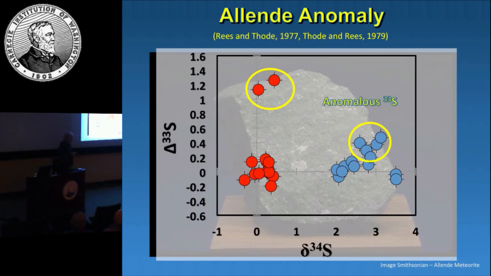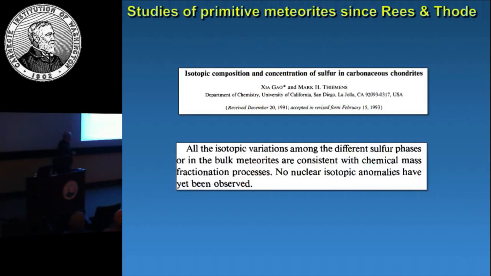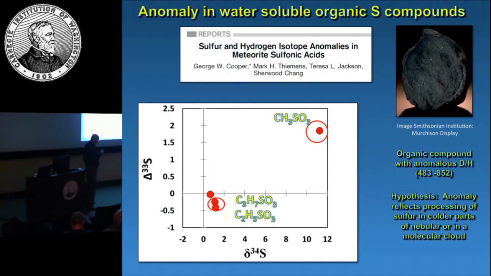After that, Gao and Thiemens came in, and they started measuring a variety of carbonaceous chondrites, ordinary chondrites, and basically they find that in bulk, everything appears consistent with mass fractionation processes. And they refer to these mass independent as nuclear isotopic anomalies. They say they haven't seen those. There's some scatter in their data, but they didn't see clear evidence that made them argue that. And the reason why they did that study was to check, follow up on recent claims, so they were aware of it.